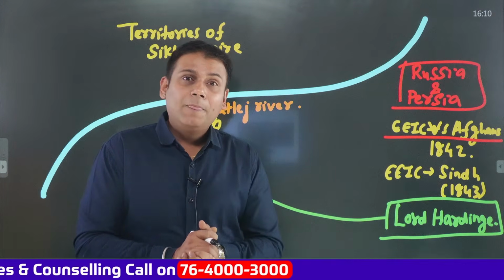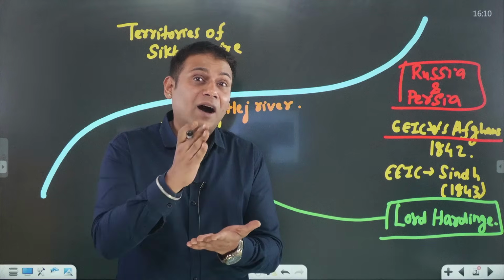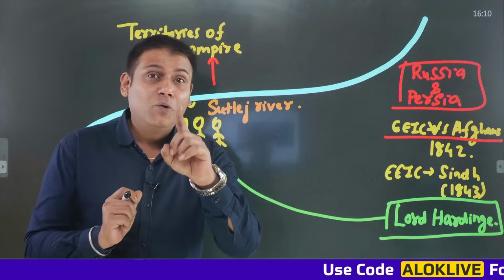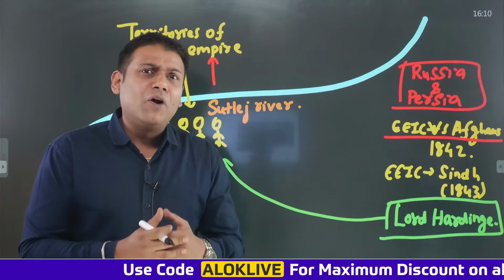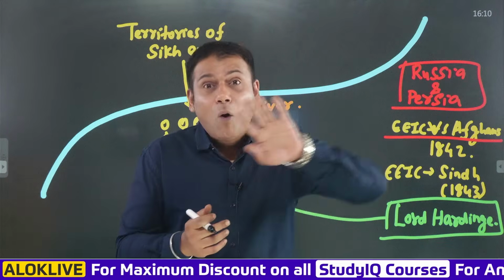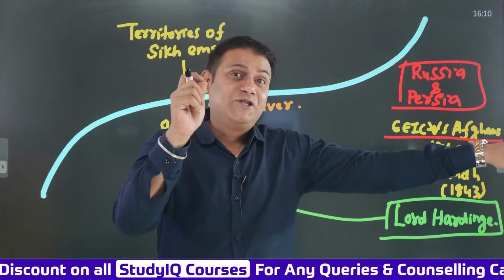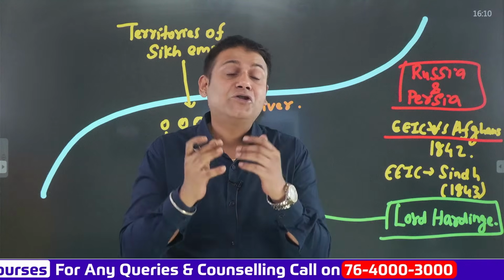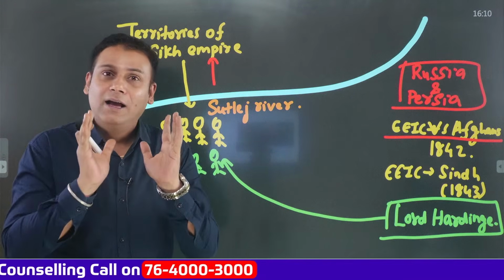So what happened? Now it was necessary to find another contender to the throne of Afghanistan. As we have discussed, Dost Muhammad was a contender to the throne when Ahmad Shah Abdali was a ruler. True? Now there might be some person who aspired to become the ruler of Afghanistan by overthrowing Dost Muhammad. And the English East India Company's task was to find such a person. And the English East India Company got that person in the form of Shah Shuja. And Shah Shuja can work as a puppet for the English East India Company.